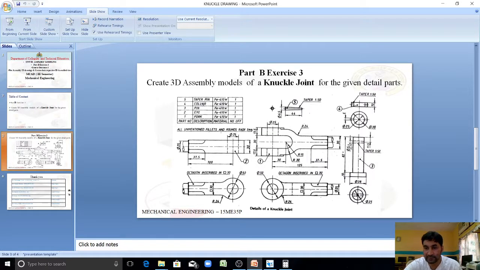This dia is 5 mm. It is a taper hole of taper 1:50. That means for 50 mm, 1 mm taper. Similarly, we have the length of this as 25 mm. So the taper will be half of 50, that is half of 1 mm, that is half of 0.5 mm. So that means 5 mm dia here and 4.5 mm dia this side.